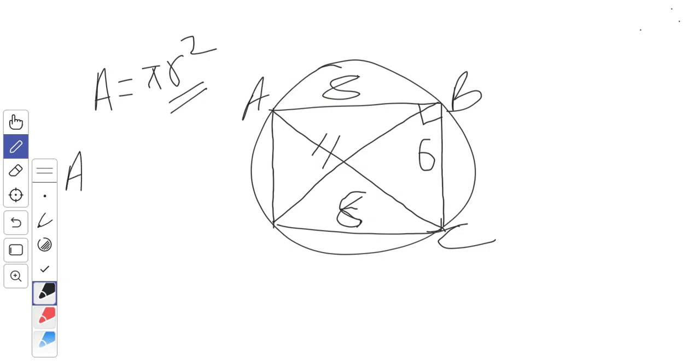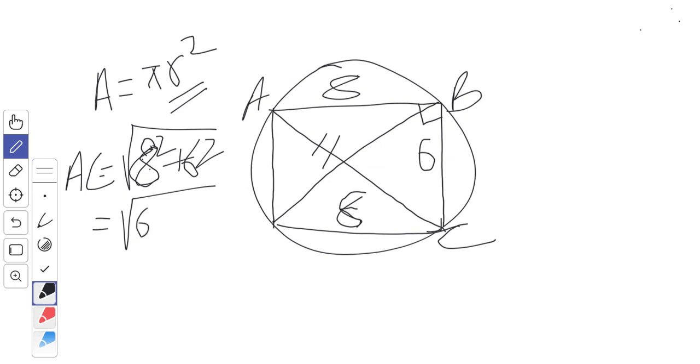Now AC is equal to, by Pythagoras theorem, the square root of the adjacent and the length, so we have 8 square plus 6 square, root of base square plus adjacent square, that is root of